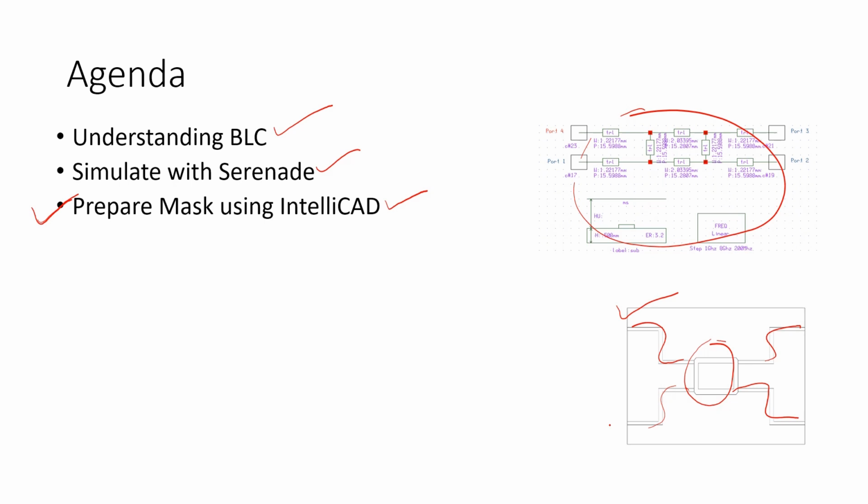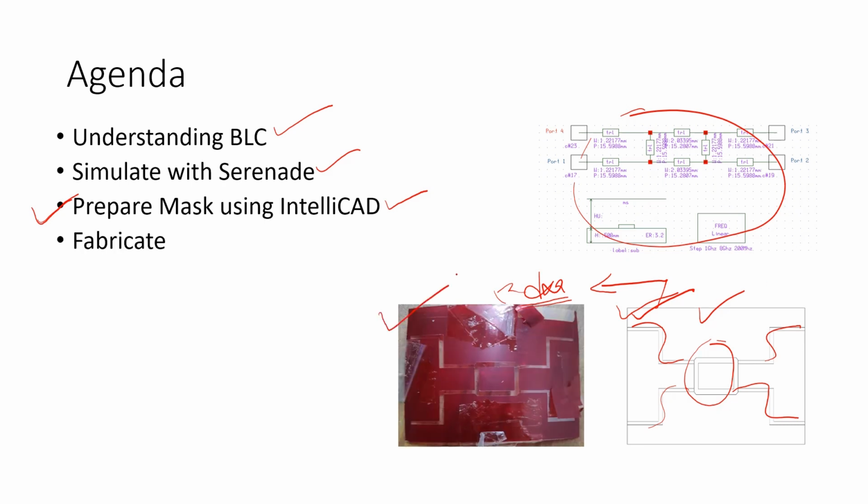After the theory part is done and the simulation is all okay, we design the layout using software called IntelliCAD, or there are many AutoCAD software available. In Photoshop also you can make this. After that we get its DXF file, and in our lab we have a Mux cutter. We upload this file to that Mux cutter, and the Mux cutter fabricates this mask for the photolithography of our directional coupler.